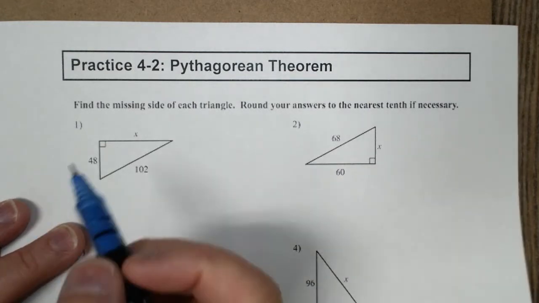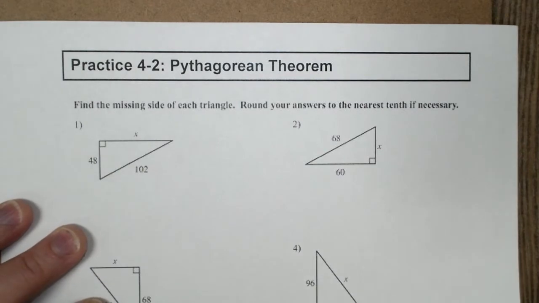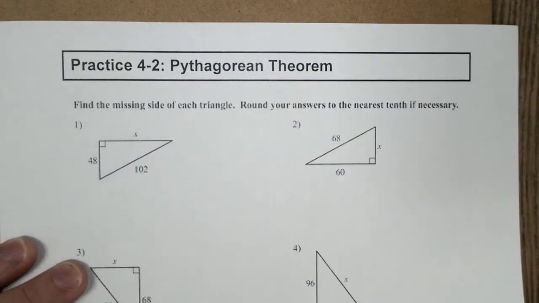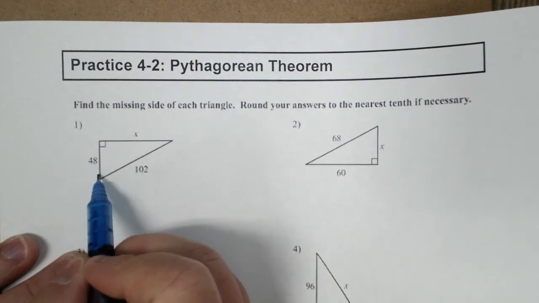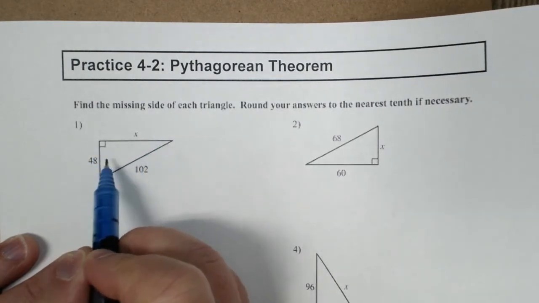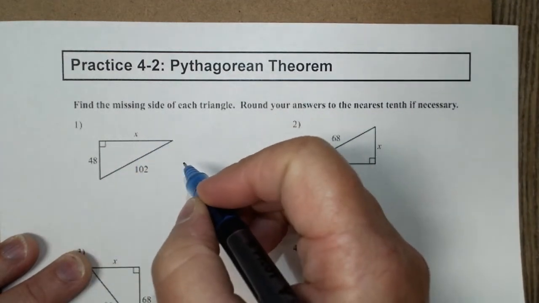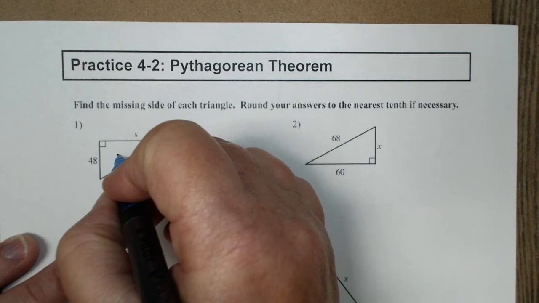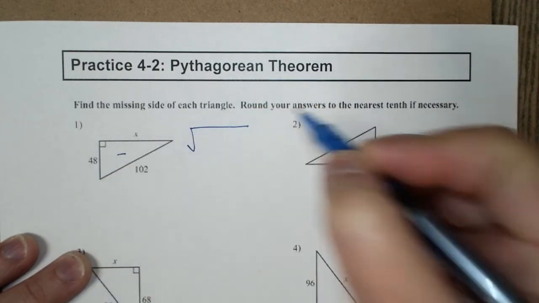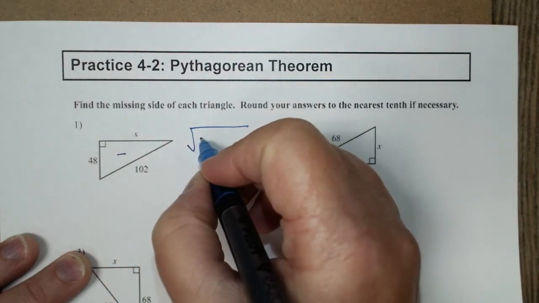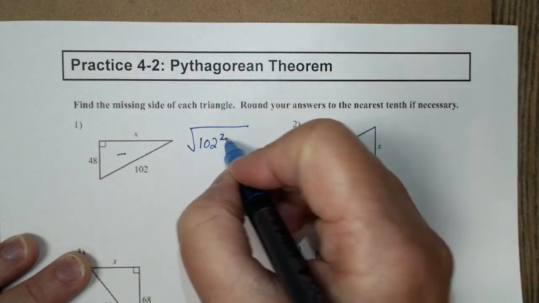You're going to look if the triangle states it's a right triangle or it has a right angle, and it does have the right angle. So the next thing I would do is decide whether I have two legs or a leg and a hypotenuse. Here is a leg, here is a leg, so I have a hypotenuse and a leg. I use the quicker formula. I'm going to put a subtraction. That's a square root. If I'm subtracting, I have to start with the longest side, which is the hypotenuse squared